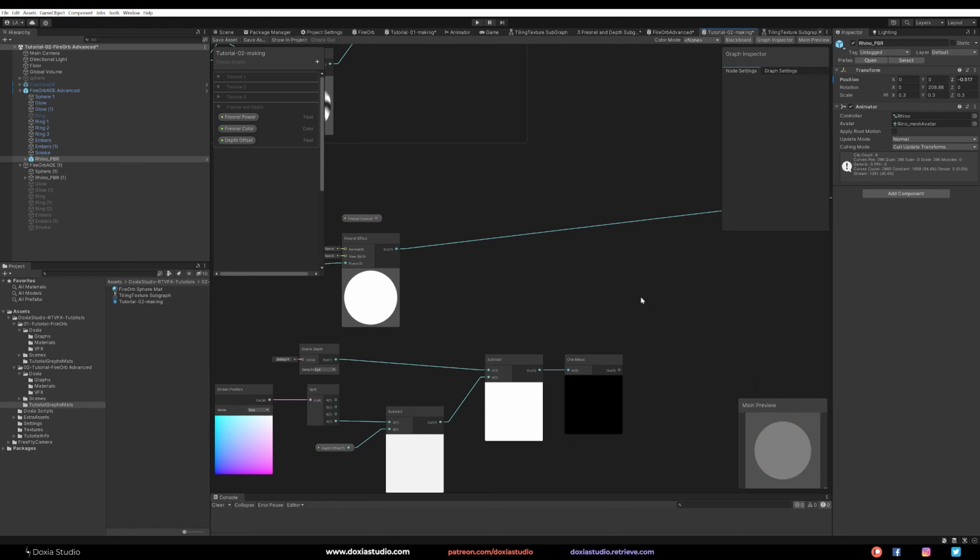So here, if I link this to the alpha and the Fresnel color to our base color, save asset, let's go to scene. And as you can see, something is happening. That's pretty cool. And here, let's decrease this and increase the depth.